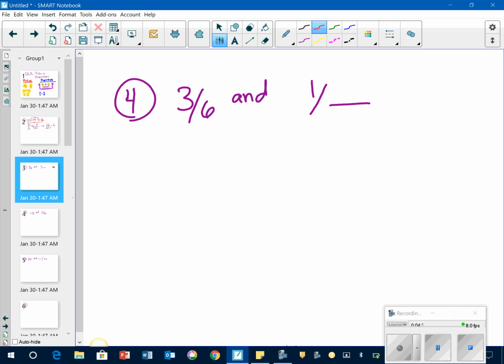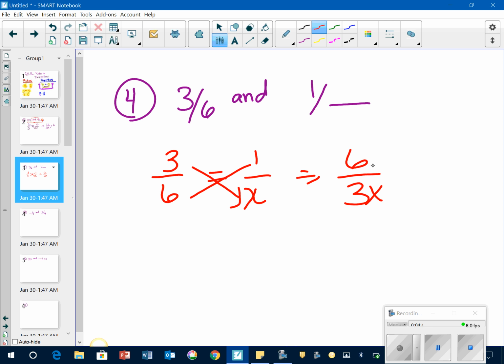Here's another example, number 4. 3 over 6 equals 1 over x. Okay, again, whatever you multiply the x by, it goes on the bottom, 3x. 6 times 1 is 6. So you have 6 divided by 3 is equal to